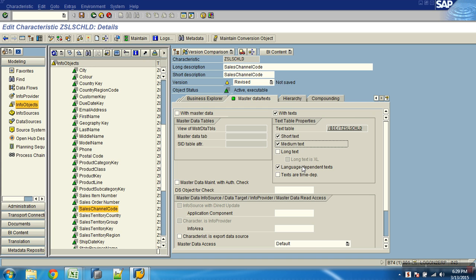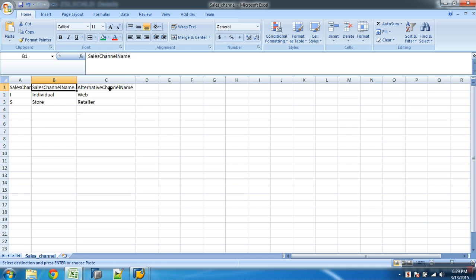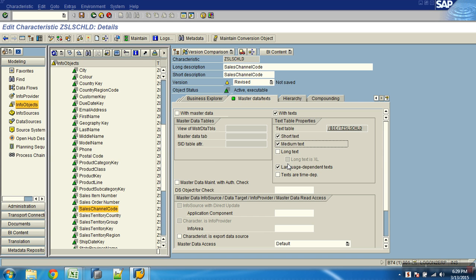And do you want it as language dependent? In the source, does it give you descriptions of different languages or only one language? Only one language. So I can remove this language column from the text table because I don't want to maintain description in multiple languages. But for now I don't have it; later stage I might have a requirement where it gets description in multiple languages. So shall I keep it like that? Let me have the column, because later I might be using it. Nothing wrong in having it. Even if I store in one language, having the language column is of no problem.